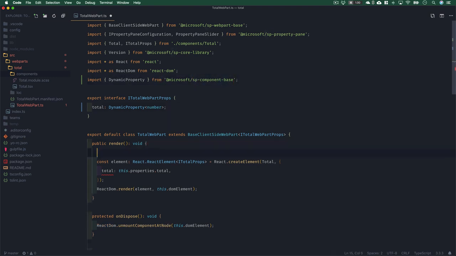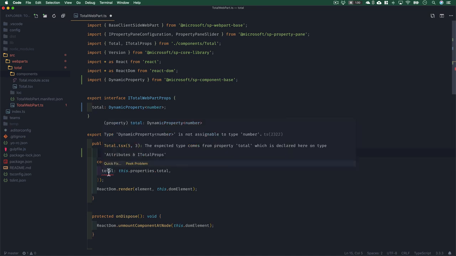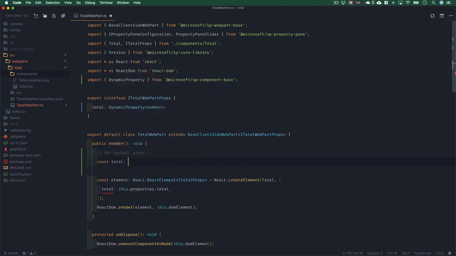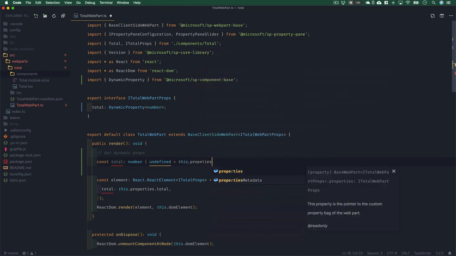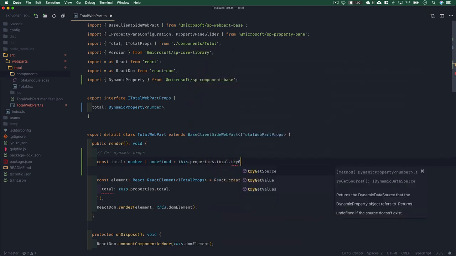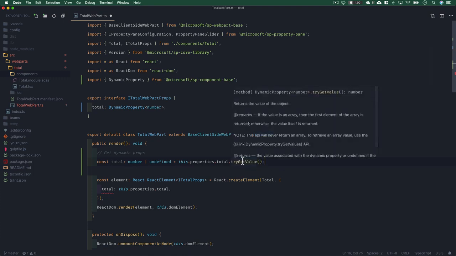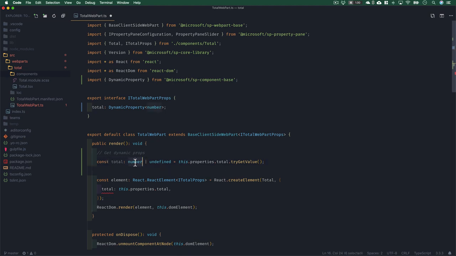And now we're going to change our render method, which you can see here. It's saying, hey, that's not a number. That's a dynamic property. We can't pass that down to our React component. So what we're going to do instead is up here, we're going to say get dynamic props, and we're going to say const total is of type number, or it could potentially be undefined, is going to equal this.properties.total.tryGetValue. So it's going to try to get the value from the dynamic data source, and if so, this is going to be set to number. Otherwise, it's going to be undefined,